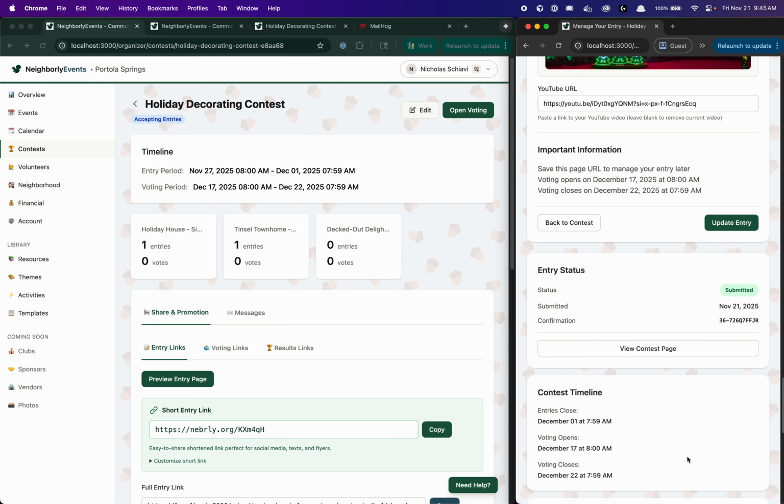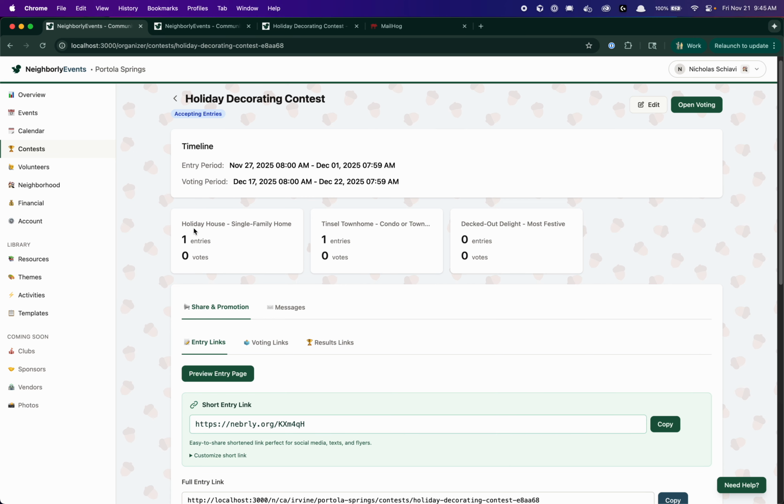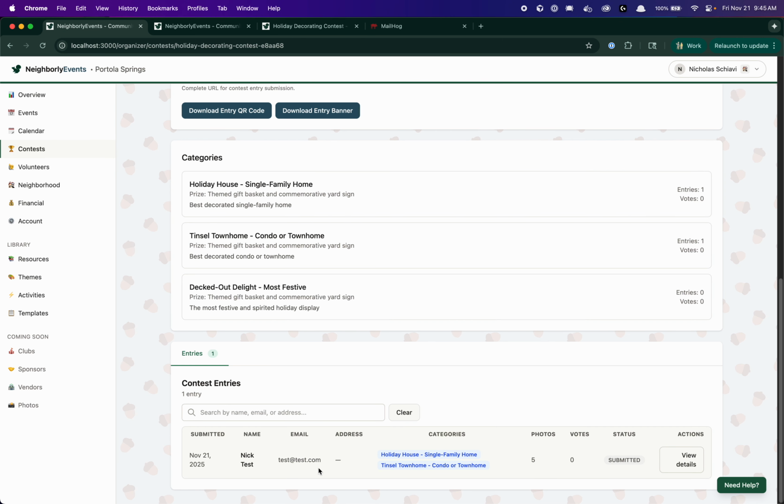Now let's go back to our management of the event. If configured, you should also get a notification that this entry was submitted. I can refresh, and now you'll see at the top that we have entries for 2 of the 3 categories, and you'll see the entrant details here at the bottom, and you'll be able to search and find these. If somebody emails and they want to ask a question or change some details, you can view their entry here